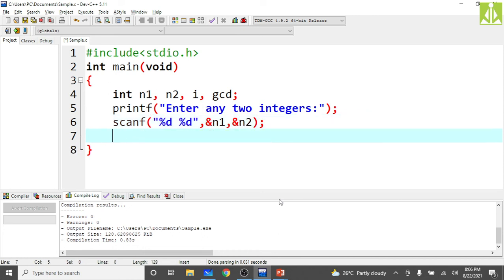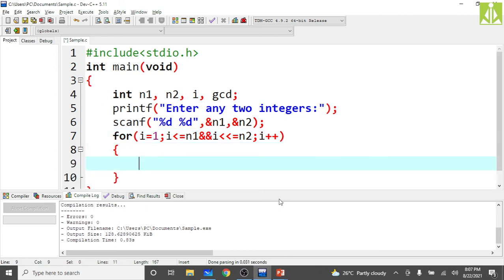Put the semicolon at the end. Then for i equals 1, and i must be less than or equal to n1, and i must be, because i should not go beyond these two numbers, isn't it? i plus plus.